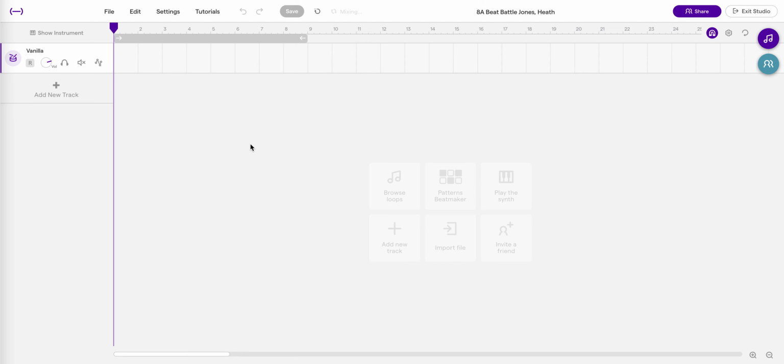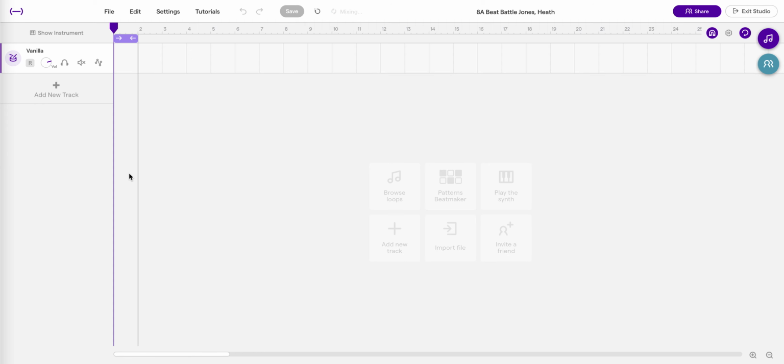So this assignment, you are going to be creating a 4-bar drum loop using the Patterns Beatmaker tool, which is right here in the center of the screen. I've already added the track. Since this is going to be 4 bars, I'm going to come up here to the cycle bar, which if I click on it, turns purple. And I'm going to resize this to 4 bars. If I put my cursor here on the right edge, click and drag to the left, I'm actually going to take this all the way back to 2 because I'm going to start with just 1